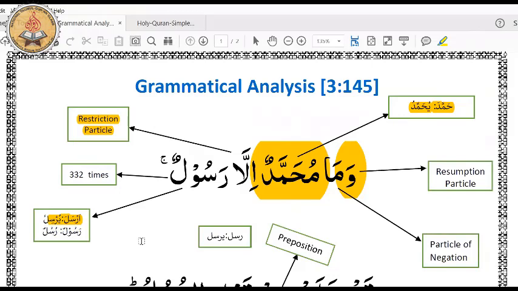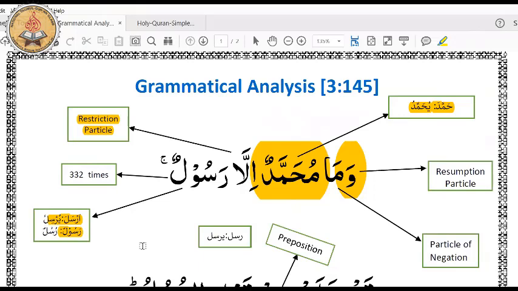So wama Muhammadun illa Rasul, we know what Rasul is. Now below Rasulun is one. Rasulun is one messenger, a person who has been sent with a message. Rusulun is the plural of that one, and we know that it is not called Rasulun or Rasulin, because this is not Jam',